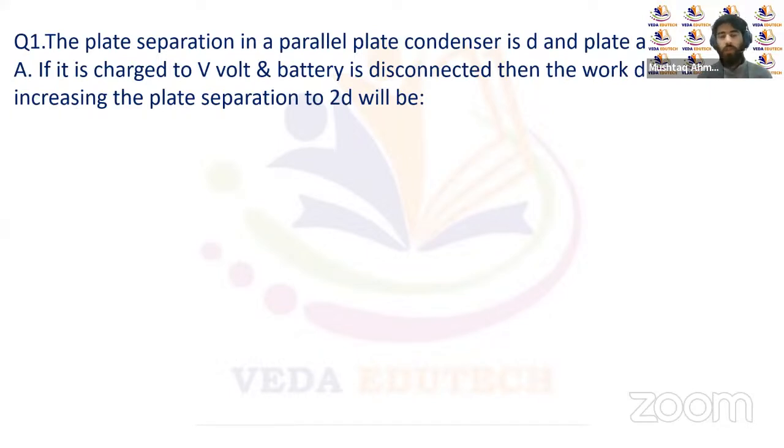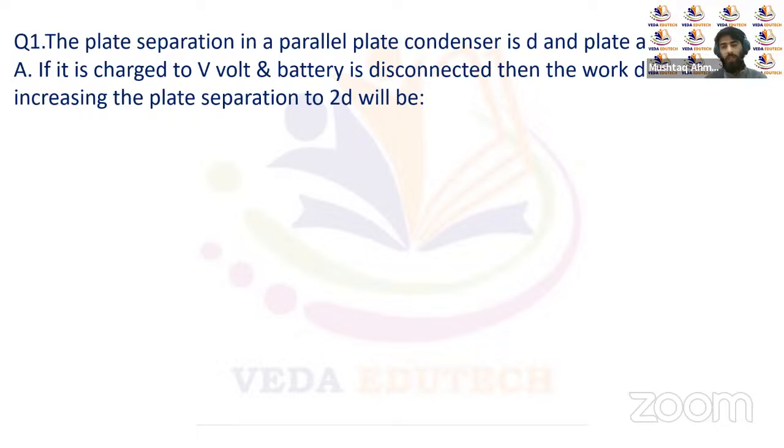So we'll be starting with question number 1 on the screen. The question is that the plate separation in a parallel plate condenser. When we say condenser, it means the capacitor, right? We're talking about the capacitor. So condenser and capacitor are the same thing. The plate separation in a parallel plate condenser is D and plate area is A. If it is charged to V volt and the battery is disconnected, then the work done in increasing the plate separation